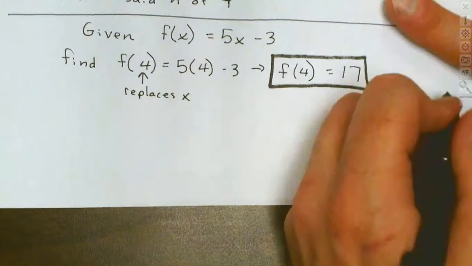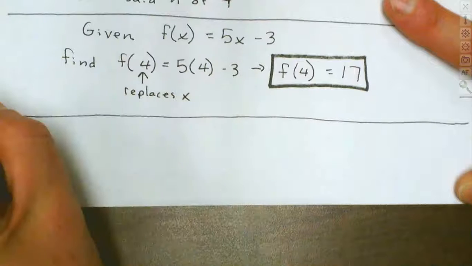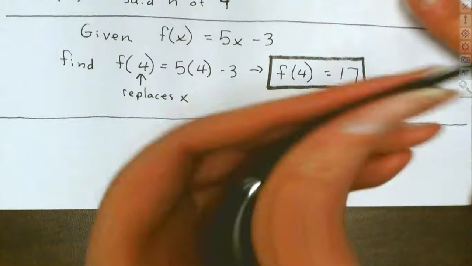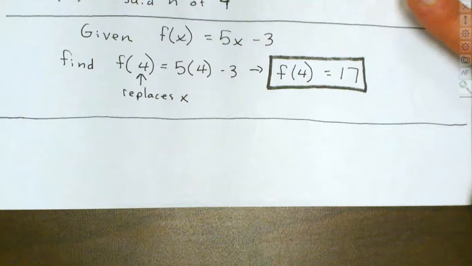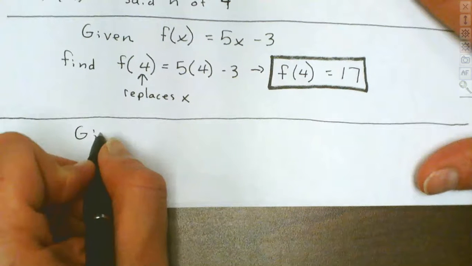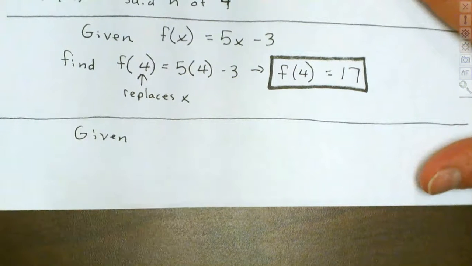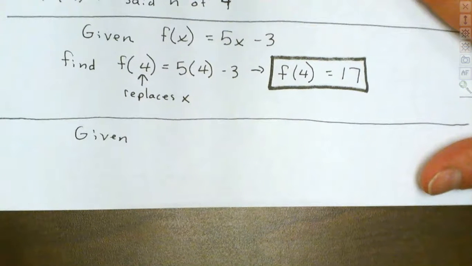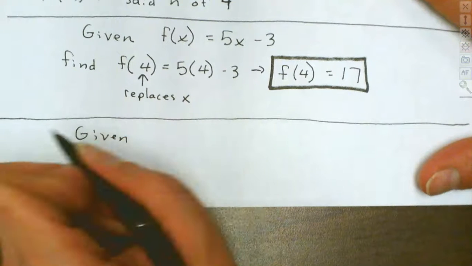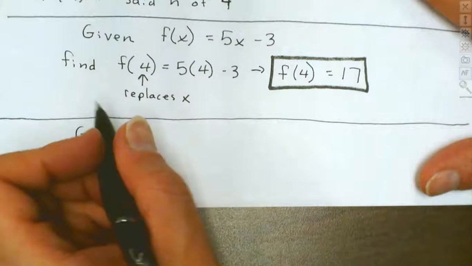We'll look at another one. And then we'll look at one that has fractions. And then we'll look at plugging in different variables. And it doesn't necessarily have to be an f. It can be a g. It can be a k. It can be an h. Let's try, how about